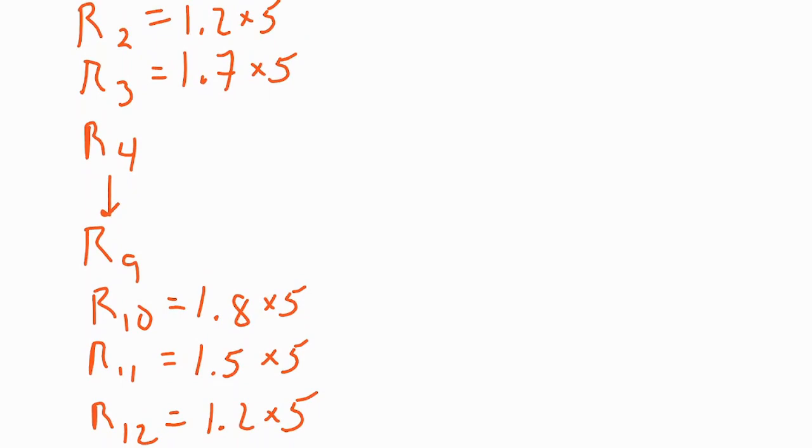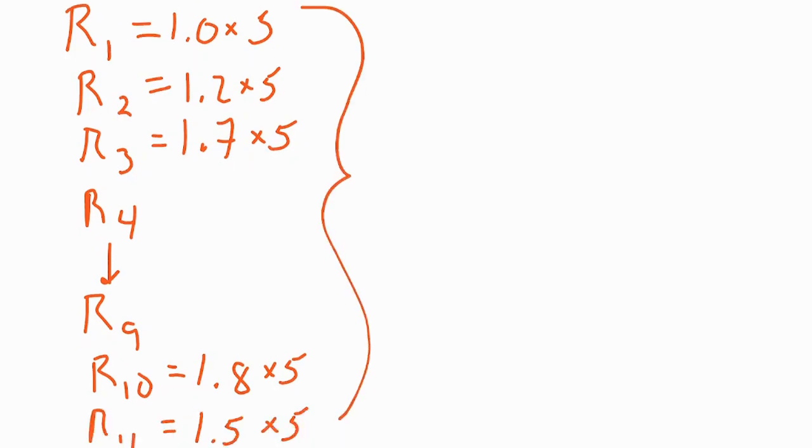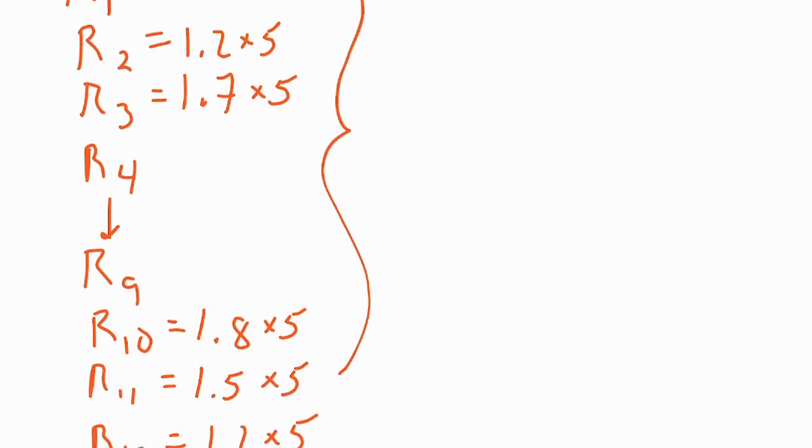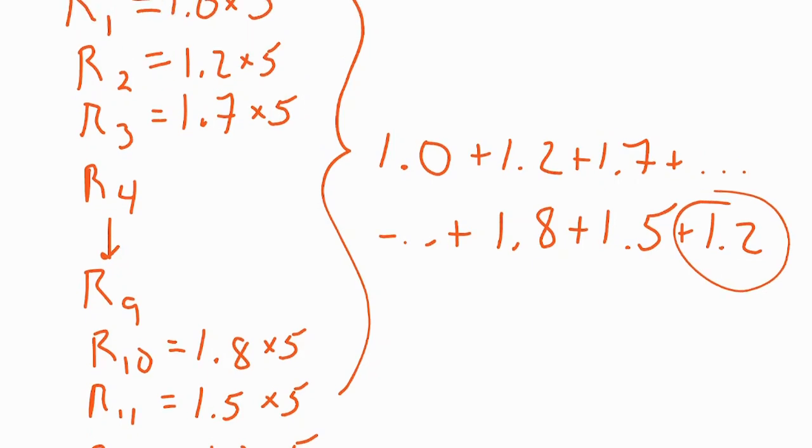We're going to add all these up, okay? But do I really want to multiply by 5, by 5, by 5 each time? I don't. So what I'm going to see here is that ultimately this is going to be the sum of each of these velocities. But I want you to note the velocities are starting with the number 1, but ending with not the very last velocity of 0, but ending with 1.2, you might say the second to